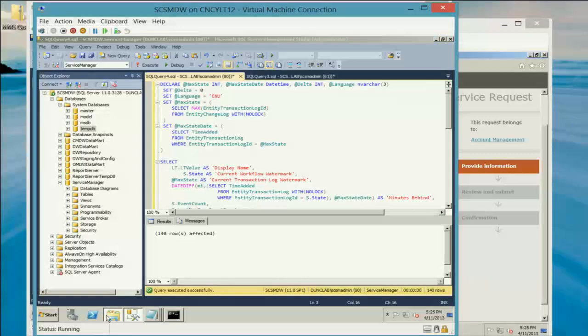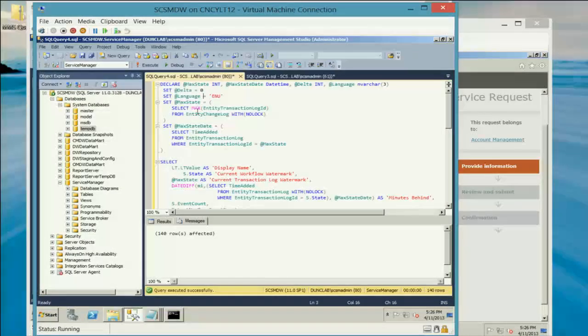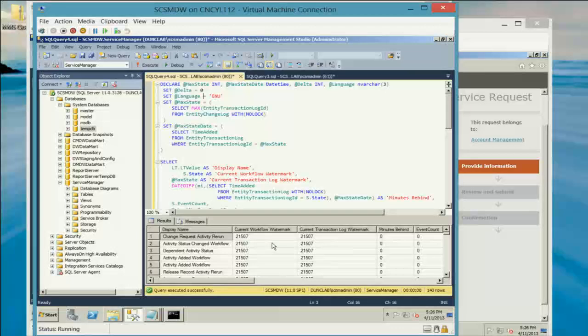Okay, so when you download it, you basically get these 3 scripts. All right, subscription status is in there. That's the one I'm using. Cut and paste it into your query designer, and execute. Now, note that I have the display name of the actual workflow itself, the current watermark, and then the transaction log watermark, okay? So what does this mean? This means